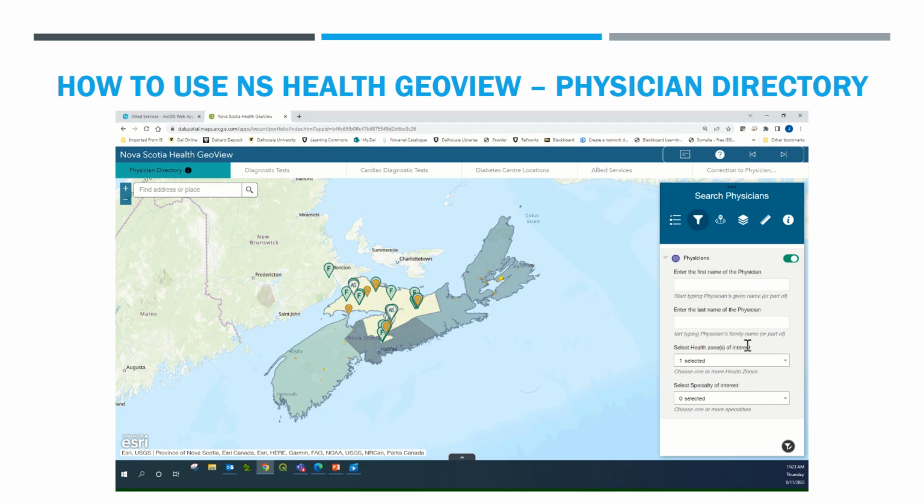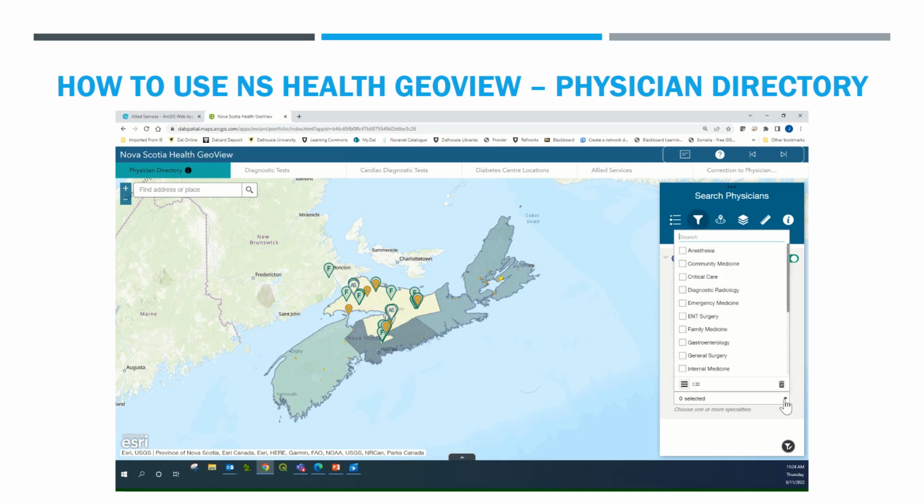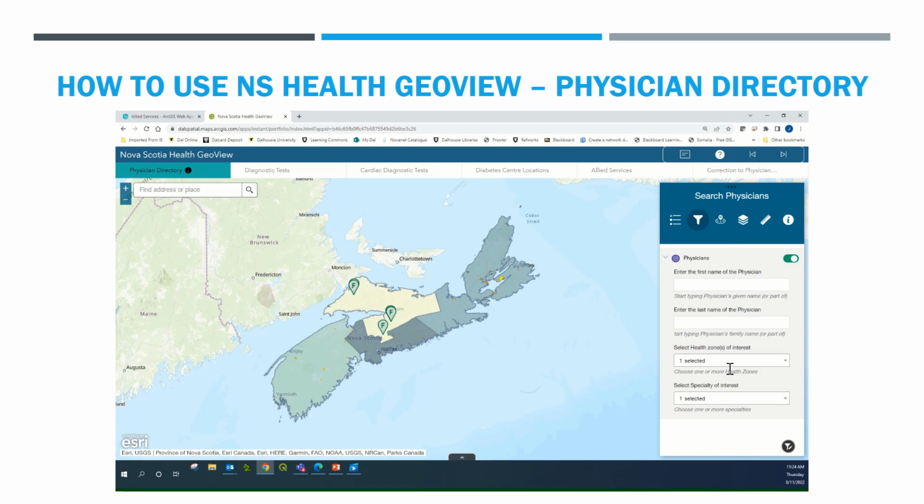I can actually stack these searches together. So I can now select a specialty of interest. So in this case, perhaps I'm looking for emergency medicine. Okay, so in that case, I can see where the emergency medicine physicians are, and then I can move along